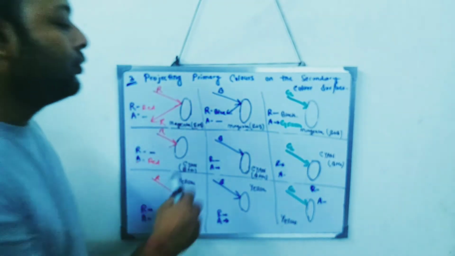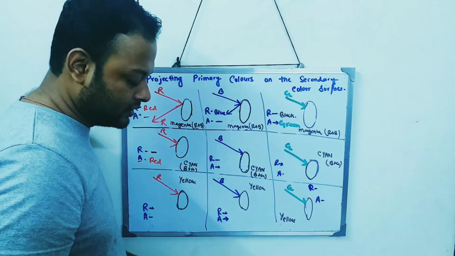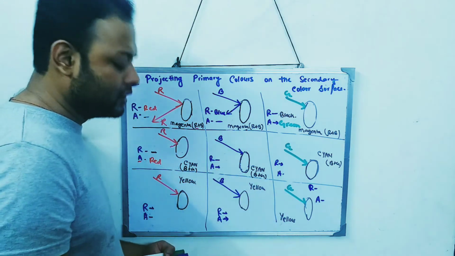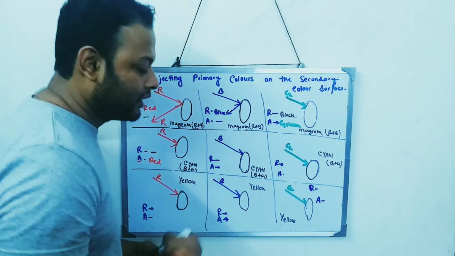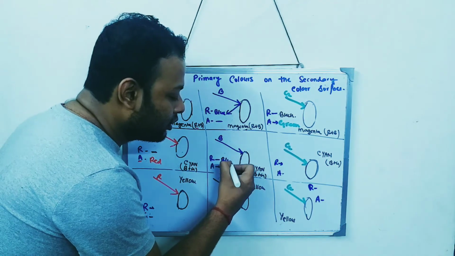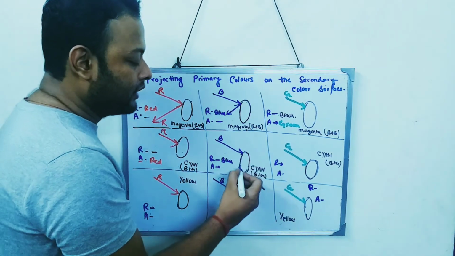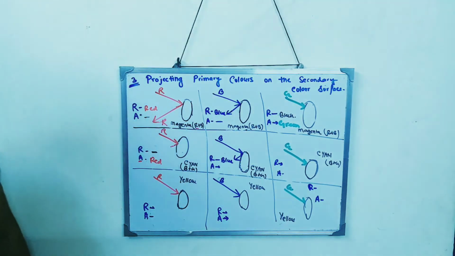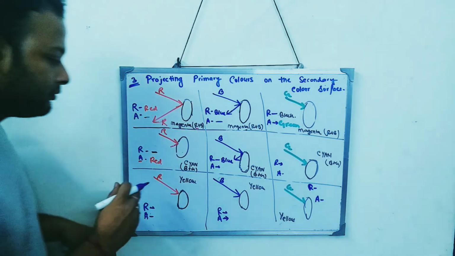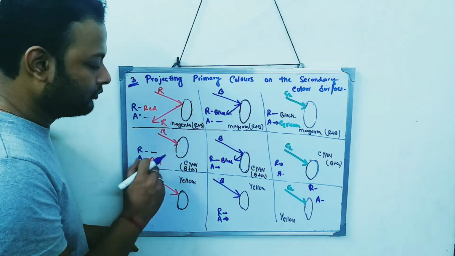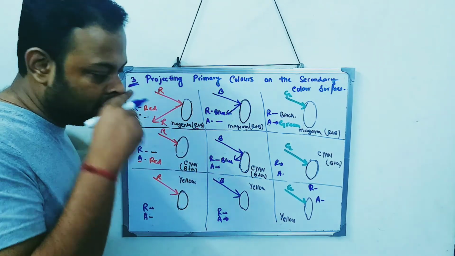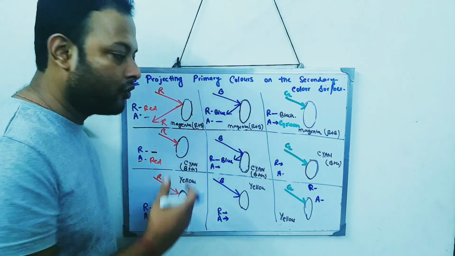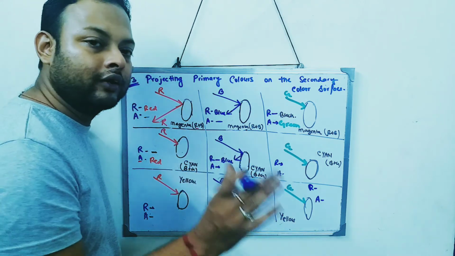Over here, blue color is coming towards the cyan surface. So cyan says I can reflect blue as well as green. So okay, blue is coming. No problem. I will reflect this blue color. So blue color gets reflected over here. And what gets absorbed? Nothing gets absorbed. All the blue color coming, all the blue color got reflected.